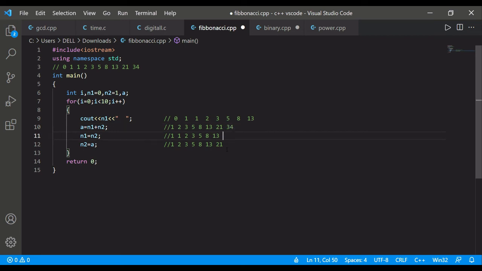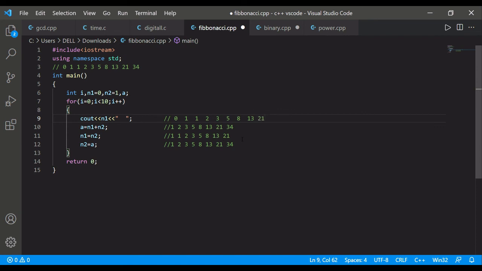Okay, so here n1 is n2. So what is n2? 21. So here n1 is 21, and n2 is 34. Yeah, again it will go, and here it will get printed 21, because n1 is 21.